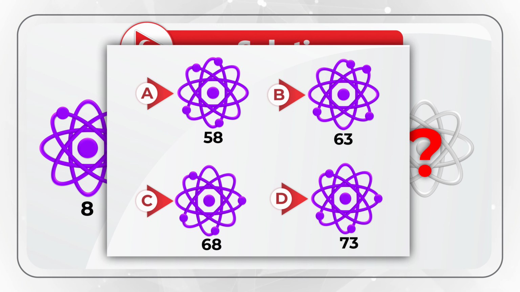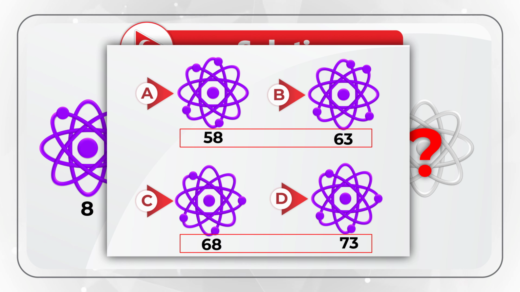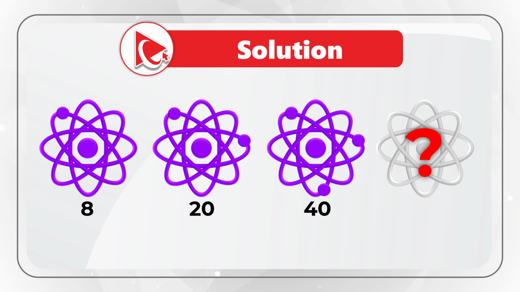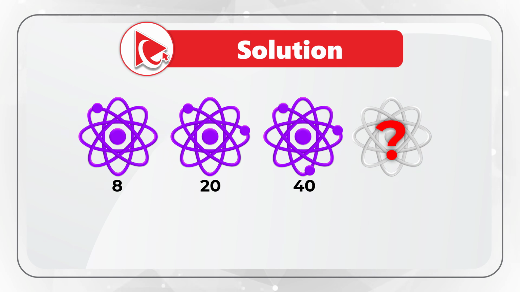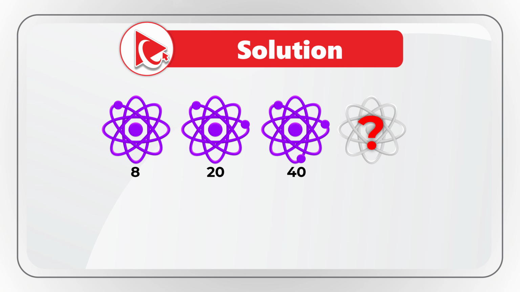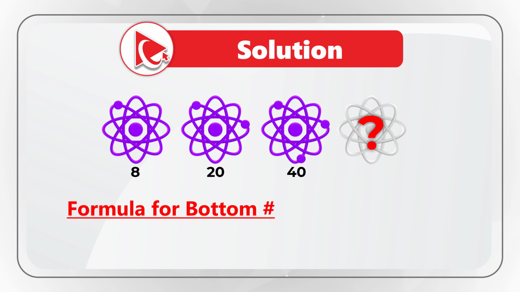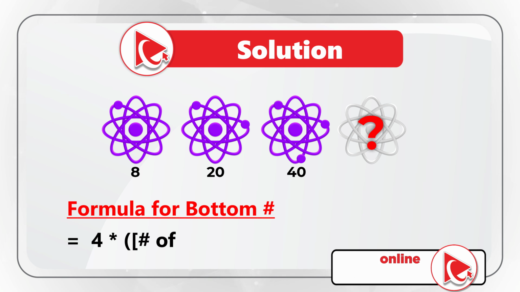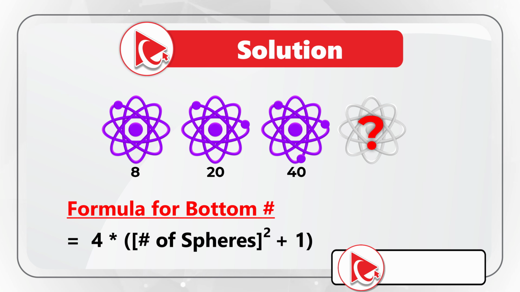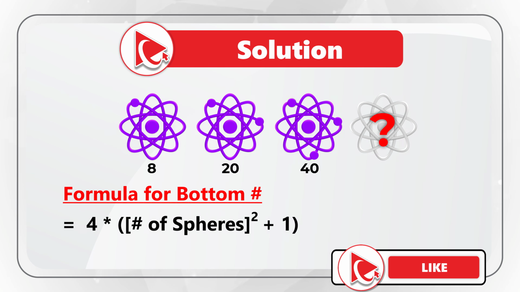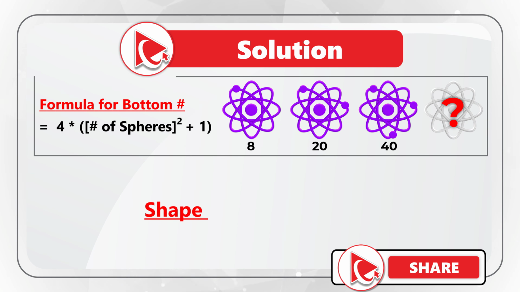So our next step here to solve this challenge is to look at the bottom number. To solve it, you need to find the formula to calculate the bottom number based on the incrementing number of spheres. For example, the formula to do the bottom number calculation is 4 multiplied by (number of spheres squared plus 1). So to calculate the bottom value for the first shape, we need to multiply 4 by (1